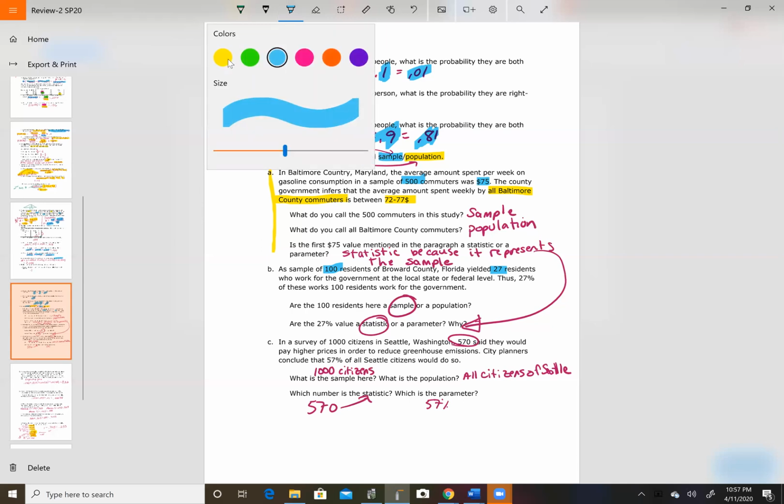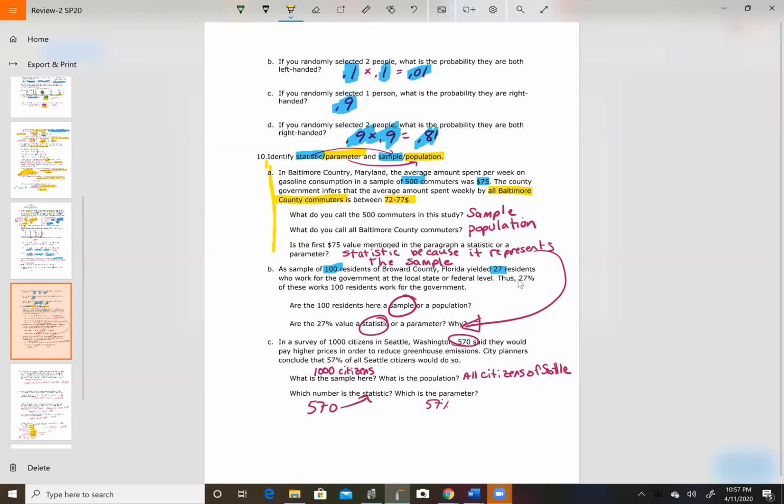Thus 27% of these workers, or 100 residents, work for the government. So 27% would be the parameter. Are the 100 residents here a sample? Yes. Or a population? Are the 27% value a statistic or a parameter? And it is